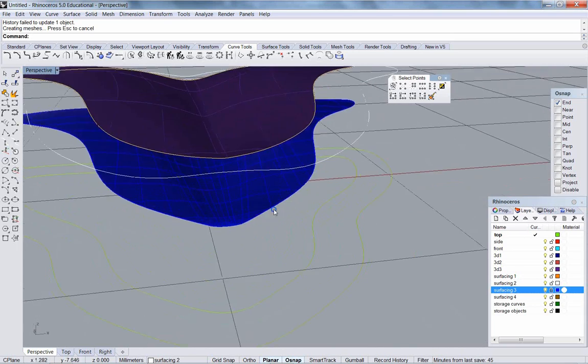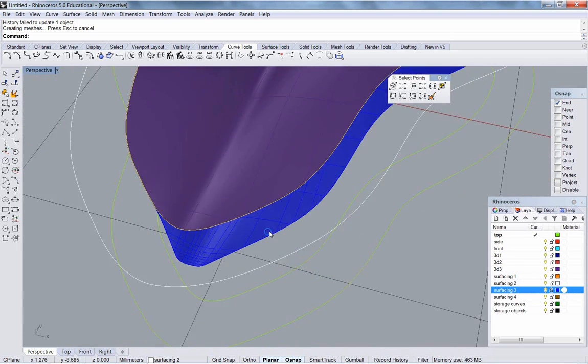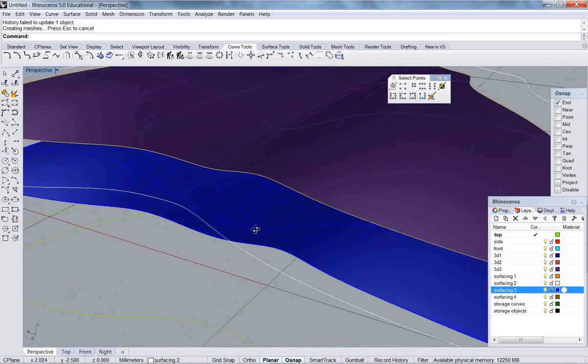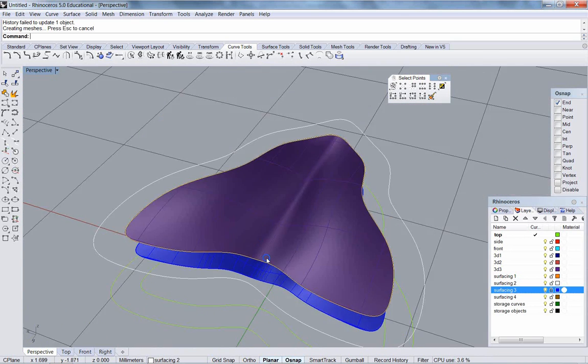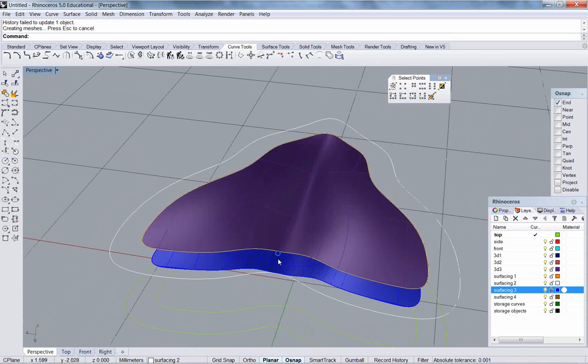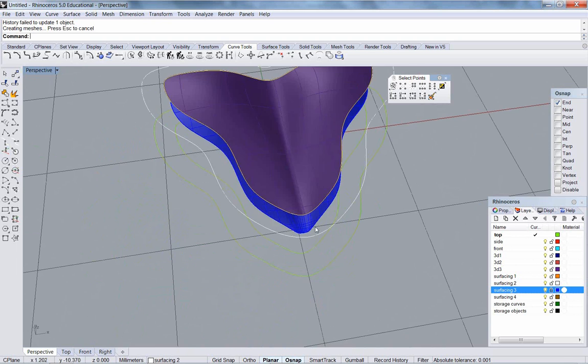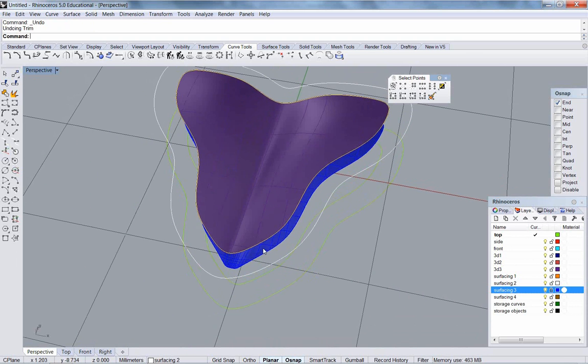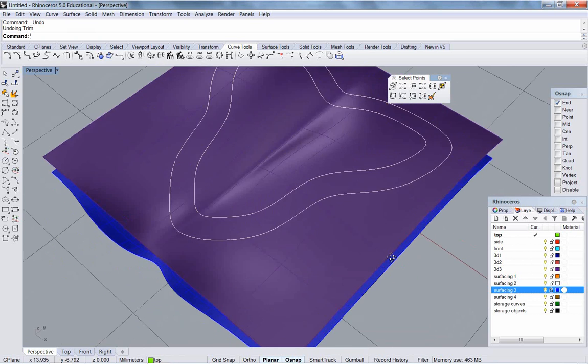Okay? Now I want you to notice what's happened under here. That was Rhino's automatic choice of how to handle it. It's kind of blunted and squared it here and at the other end. It did some screwy things with the curve. Alright? So before I can trim, I have to actually